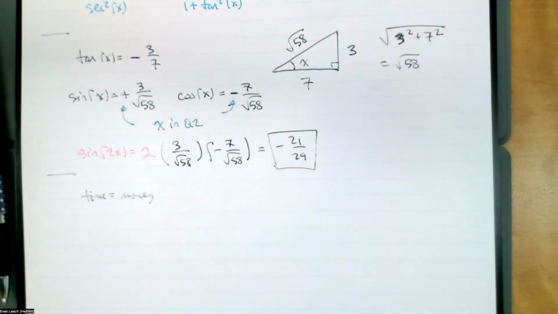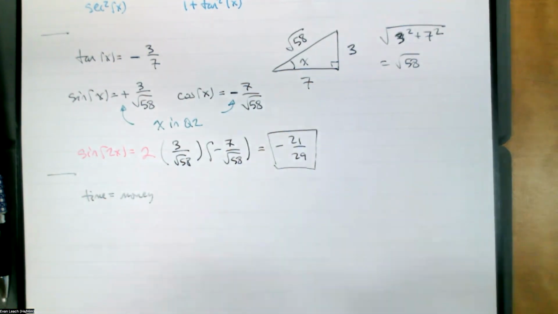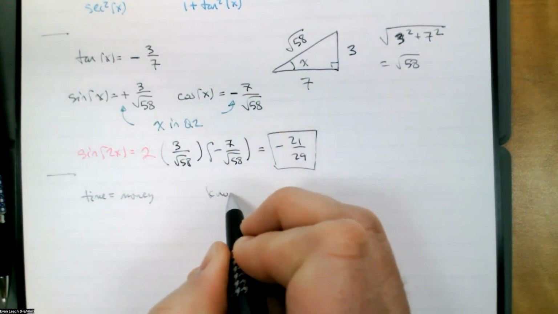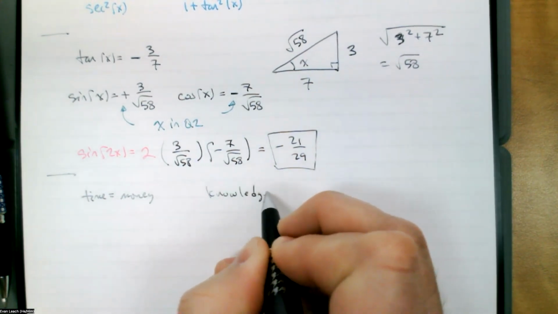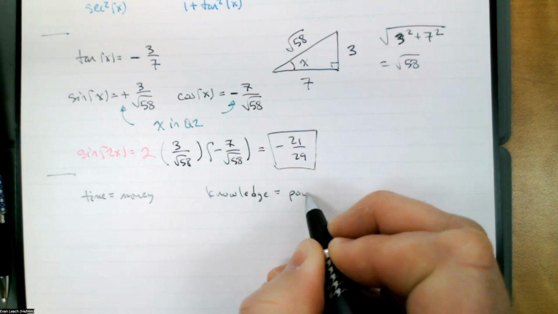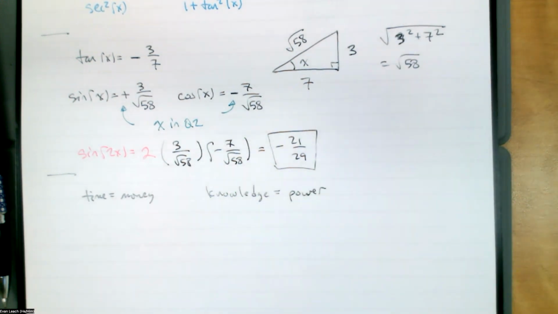But you all are in school, and so you've been told another thing. Knowledge is what? Knowledge is power. Has everybody heard that one before? Knowledge is power. It's not true. Money is power. But anyway, that makes sense though, because knowledge is time. But anyway, if time is money and knowledge is power,